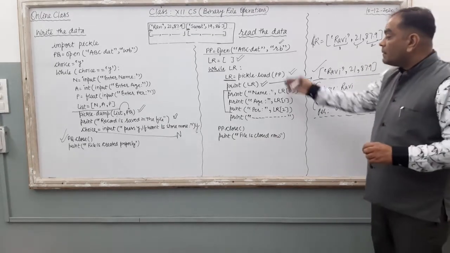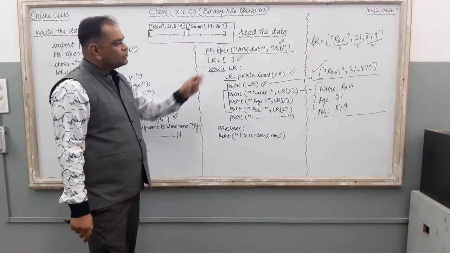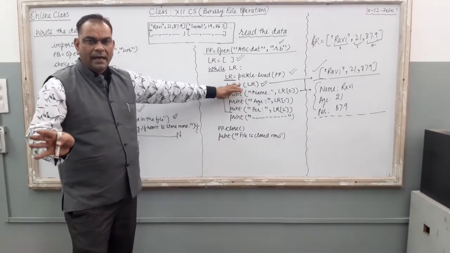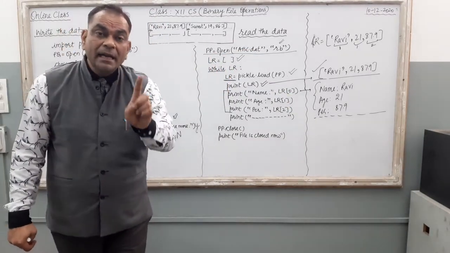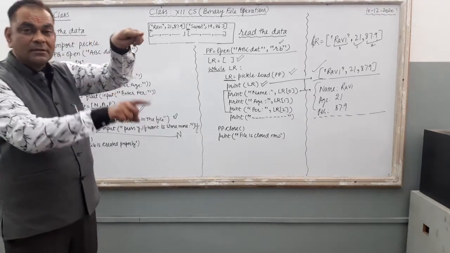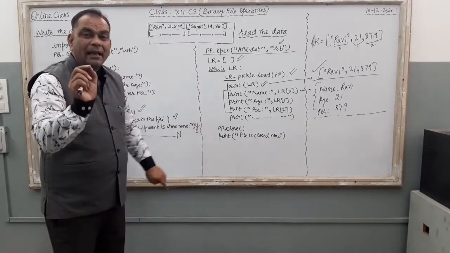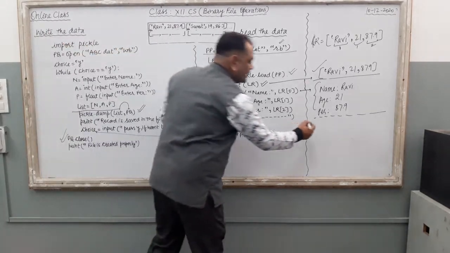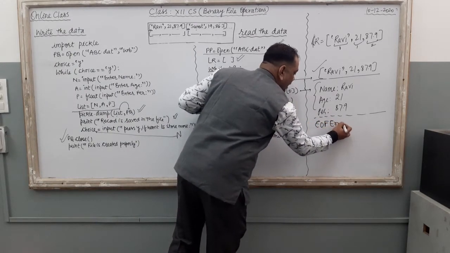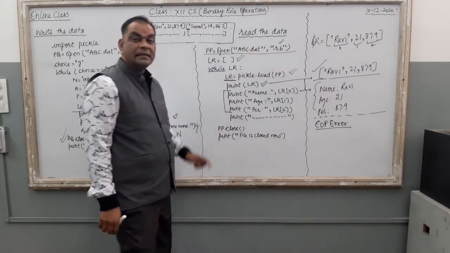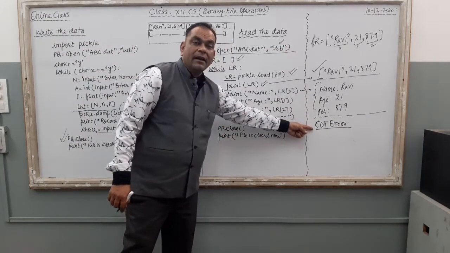Right? Now what happens when you run a while loop like this, when all the data of your file is finished? All the data has come, it is being read properly, no issue in the reading, no issue in the output. But when your file completes its operation, when your file reaches the end of file, then in this approach an error message comes in front of you at the last. What is the error message? The error message looks like this. EOF, it is there in capital, ERROR, EOF error. This error will be there on the monitor after reading each and every record of your file.